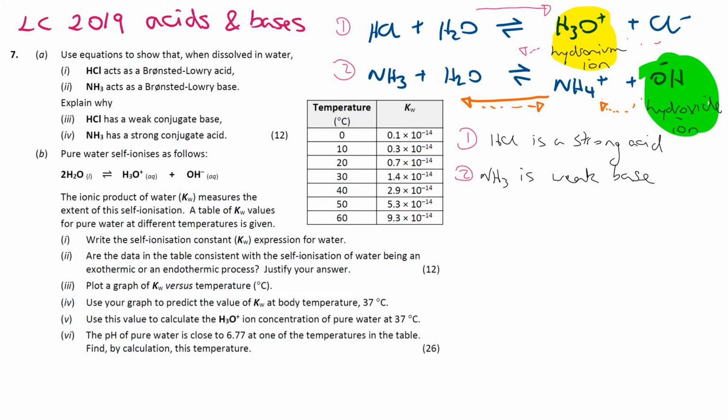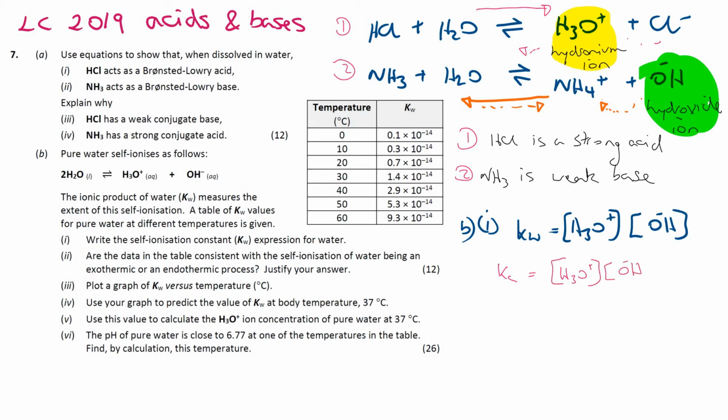Okay, so you're asked to write the self-ionization constant expression for water. So this is B, part 1. We're asked for Kw. So Kw is equal to H3O+, which is our acid concentration, multiplied by our OH- ion concentration. The reason that's the case is because if you were to do a normal equilibrium expression, H3O+ times OH- over H2O squared, for this reaction,